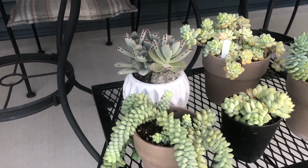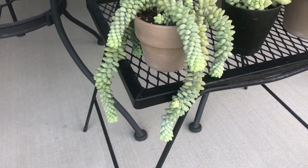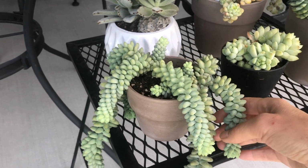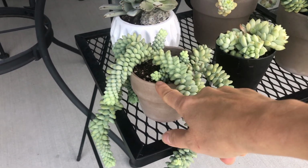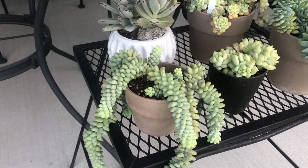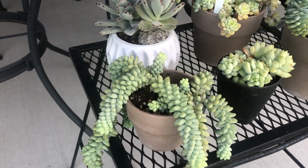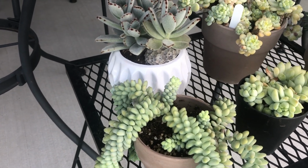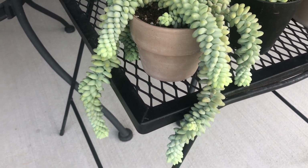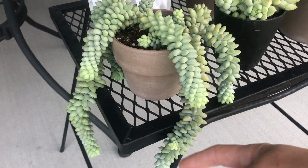This is my Sedum morganianum that I successfully winterized this year. In the past, I have always struggled with this plant. So what did I do differently? I kept it in a terracotta pot. I watered it very, very little. And I kept it at cooler temperatures by the window facing east. And it was a little bit dehydrated when I took it out, but it plumped up and it's growing and